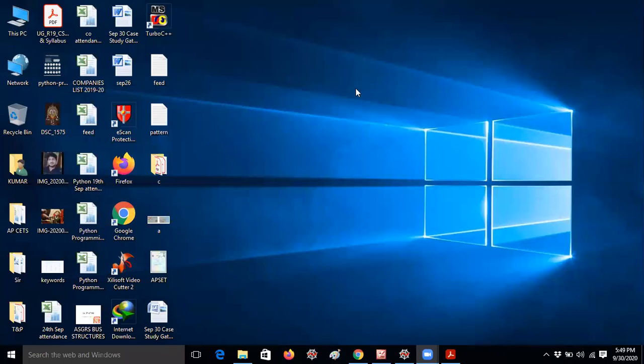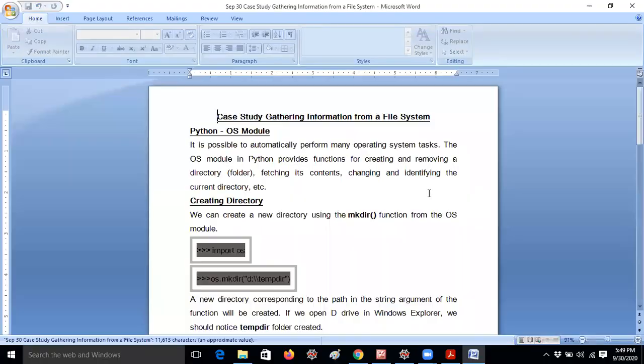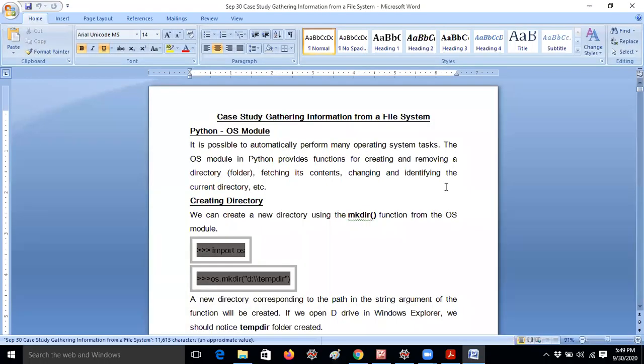So DOS commands are nothing but disk operating system commands. Some commands can be useful in C language and Java and whatever it may be. Usually in third CSC or second CSC, we have a subject like Unix. Unix is an operating system, so we study some commands related to the file system. Today's concept is a case study gathering information from a file system. This is completely theory. I would like to tell the live execution with this, and after 10 minutes it will finish, no problem.